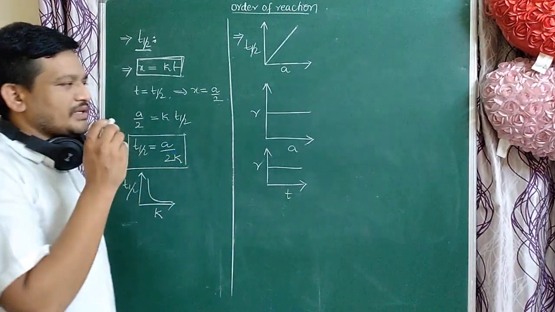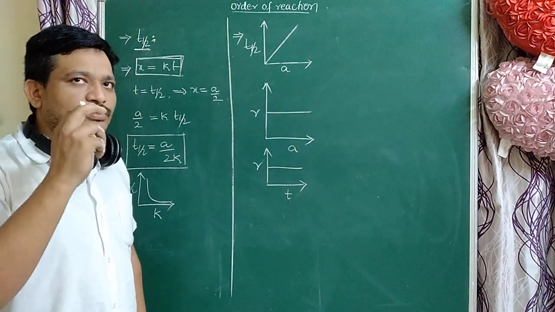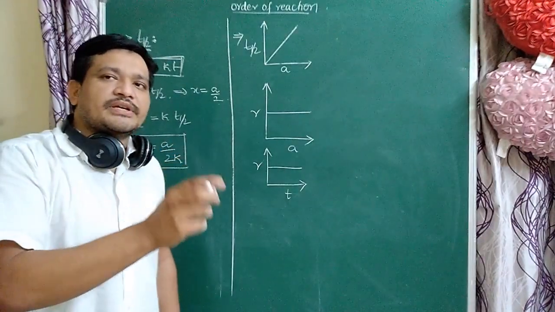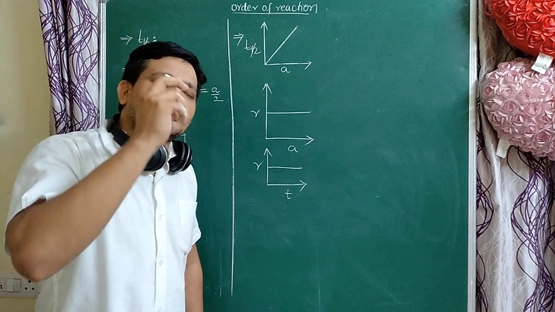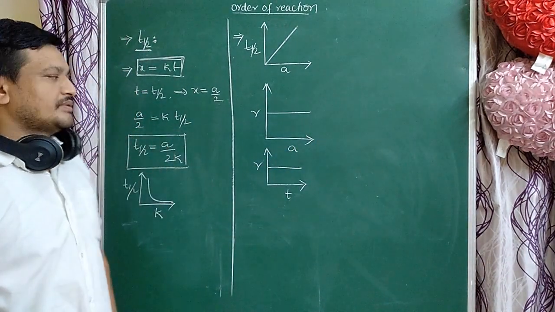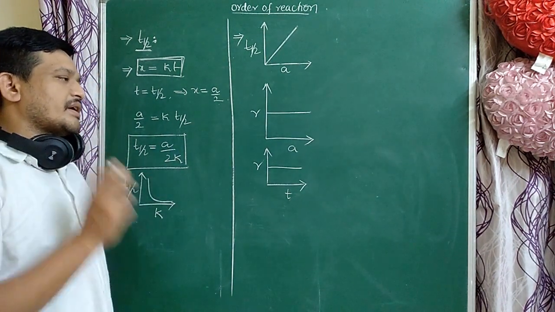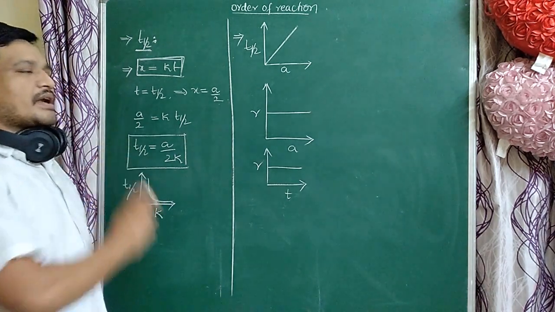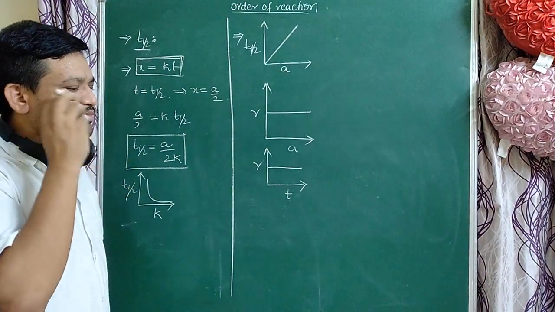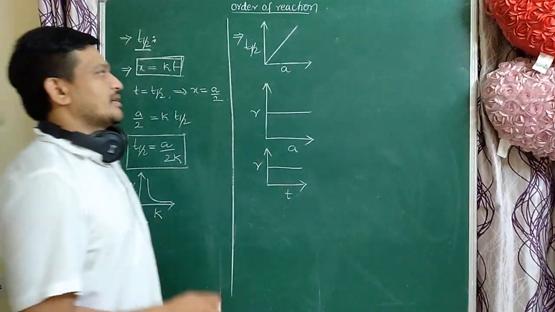Here, so many key points are there. Units of rate constant equal units of rate. That is one key point. And the half-life of a zero order reaction is directly proportional to initial concentration. That is another key point. And the rate does not depend on initial concentration. The rate does not depend on time. These are very important key points of zero order reactions.